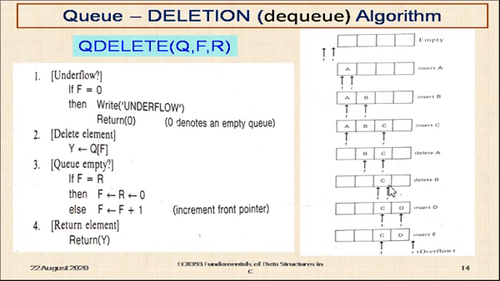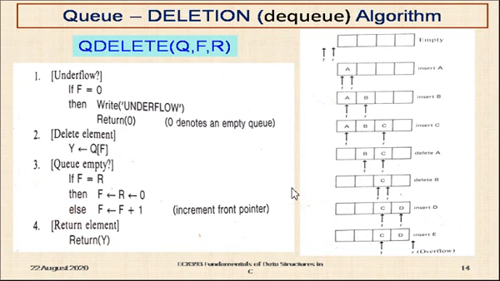Now here actually only one element is there in the queue. Now in this condition, if you apply this linear queue delete algorithm, what will happen? It will remove this. After removing, what we have to do? We have to keep both the pointers at the location 0. That is why here in the third step you see, if f is equal to r, yes, f is equal to r here. f is 3, r is also 3. So after removal of the element C, both the pointers should be placed at the location 0. If f is equal to r, f is equal to r is equal to 0. Both are brought to the location 0 and return y. So C will be returned.